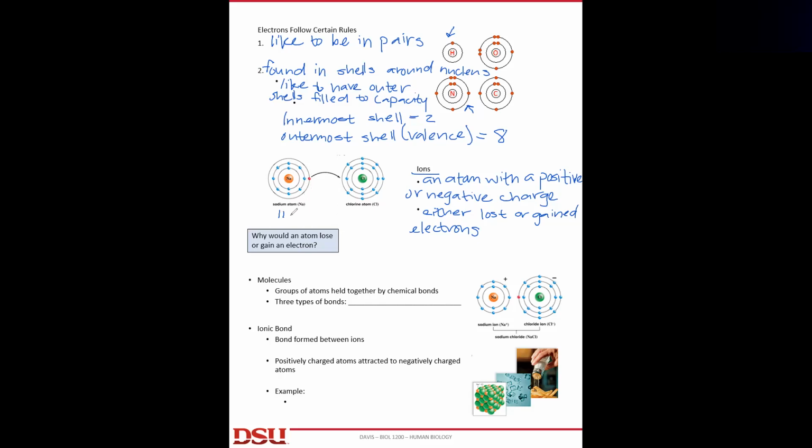We would think that when sodium becomes a positive ion, it must gain another proton to make it positive, right? Well, if sodium has an atomic number of 11 and it gains a proton, all of a sudden that's not sodium anymore, because